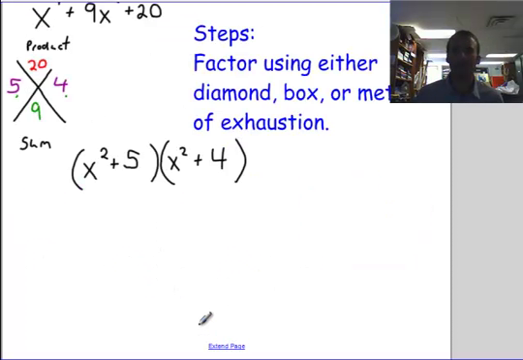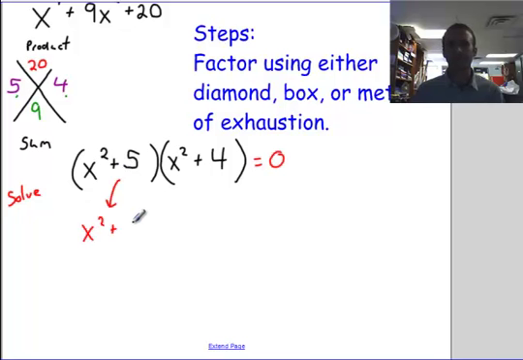Now, if you look at this, we could go farther if we had to solve for this, because each one of these is a quadratic. If this were equal to 0, we could solve these like so. If I change my objective now to solve, I could solve each of these by setting each one of these equal to 0. So I'd have x squared plus 5 is equal to 0, and I would have x squared plus 4 is equal to 0. And for solving these, I just have to subtract 5,